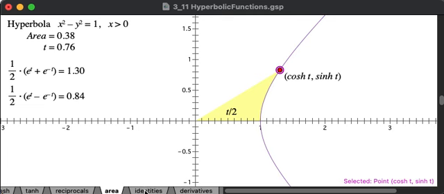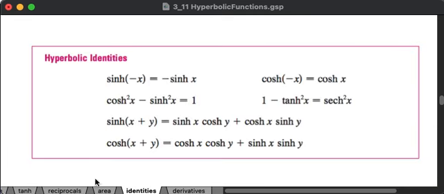Oh, I should have mentioned there is this hyperbolic identity. There are these hyperbolic identities that are very similar to the circular identities. So for one thing, this says that the hyperbolic sine function is an odd function. The hyperbolic cosine function is an even function. And there's the,